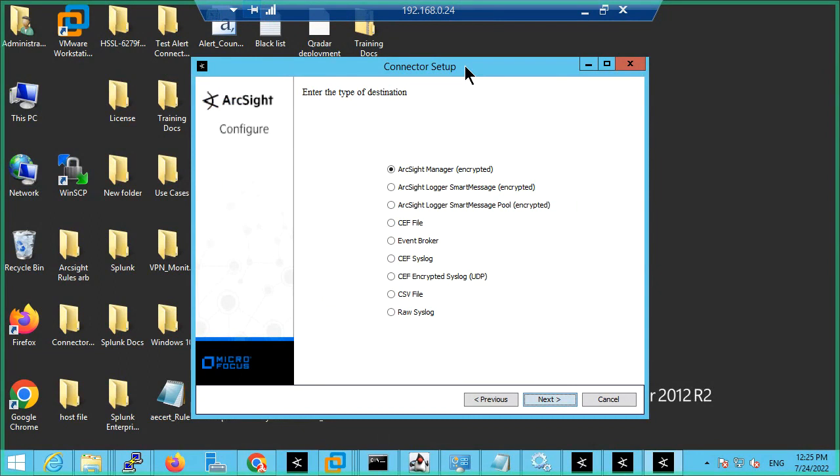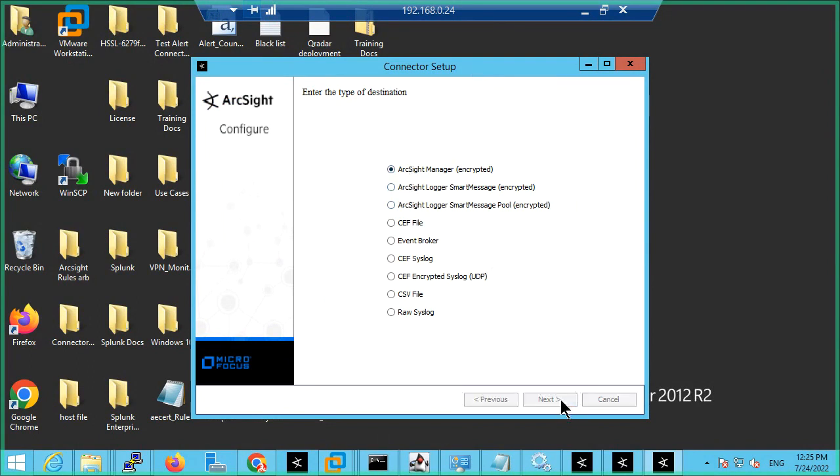We just configure the port number and protocol on the listening port. There is no need to configure the end devices because Syslog does not work on a pull mechanism. We configure the port number, protocol and IP address of the connector server, and the device will itself push the logs. So now we have to configure the